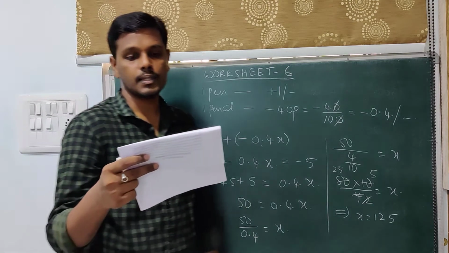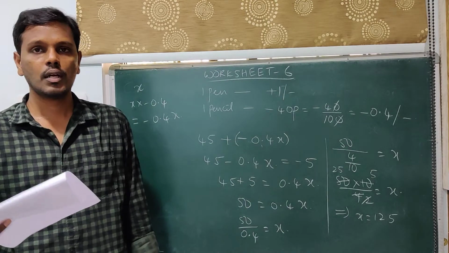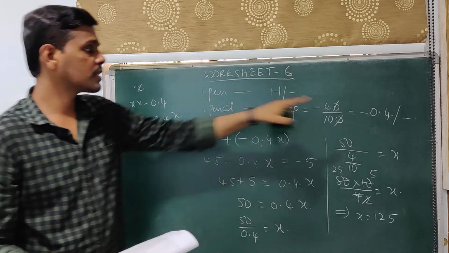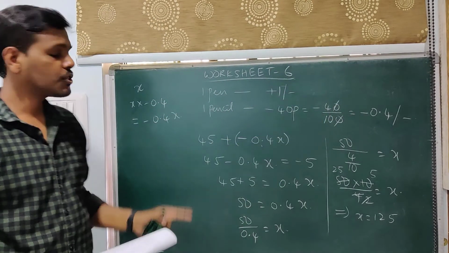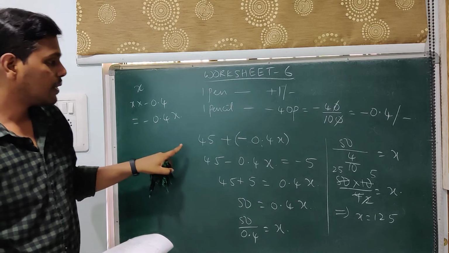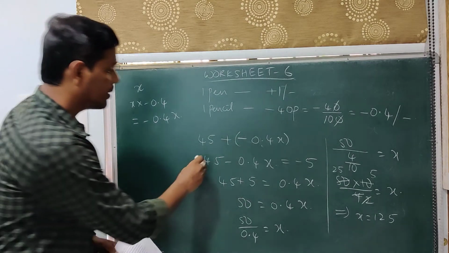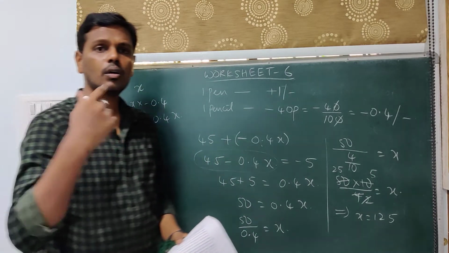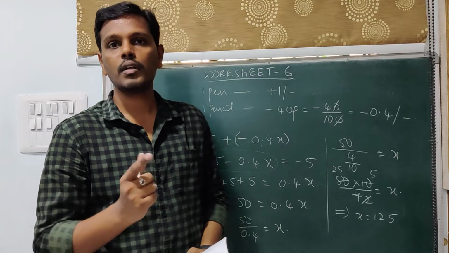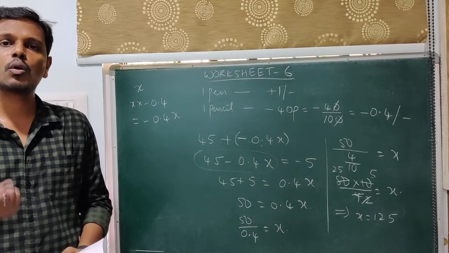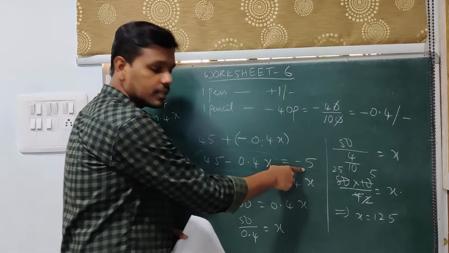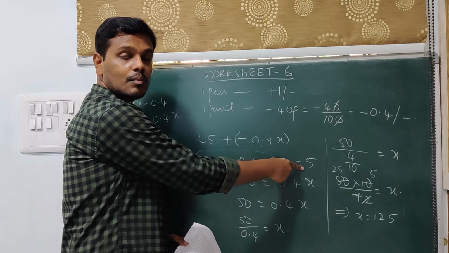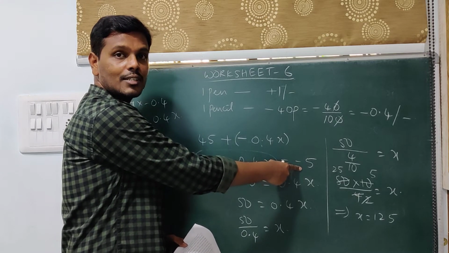And we don't know how many pencils she sold. I am assuming that the number of pencils she has sold is some x. So on 1 pencil she is getting minus 0.4. On x pencils she gets minus 0.4x. Now I am trying to calculate the total amount she is getting. Now this is the total amount she got. But it was given that she got a loss of rupees 5, or in other words we can interpret the same as she got minus 5 rupees. So this is the amount which she has got, and they are saying that that amount is minus 5. So that is the reason I have equated it to minus 5.